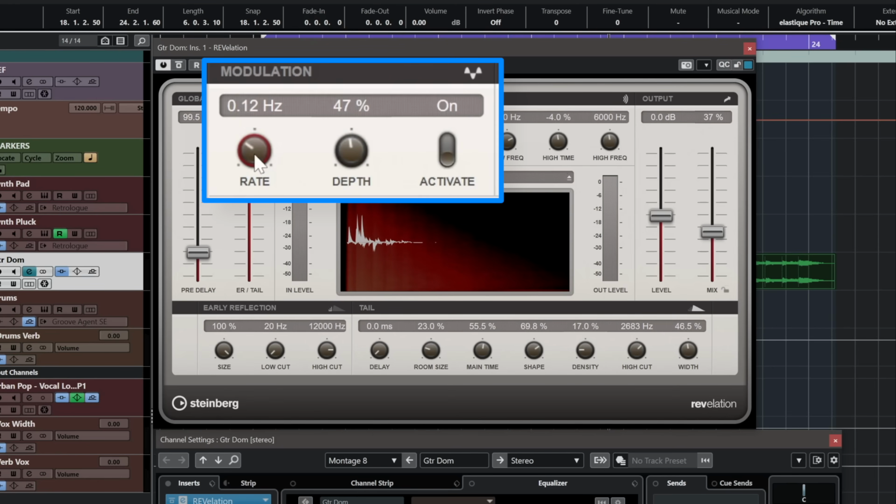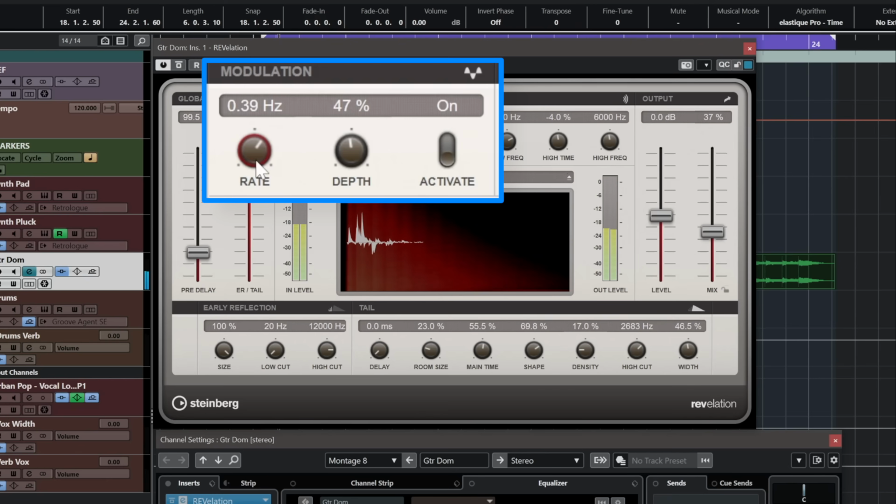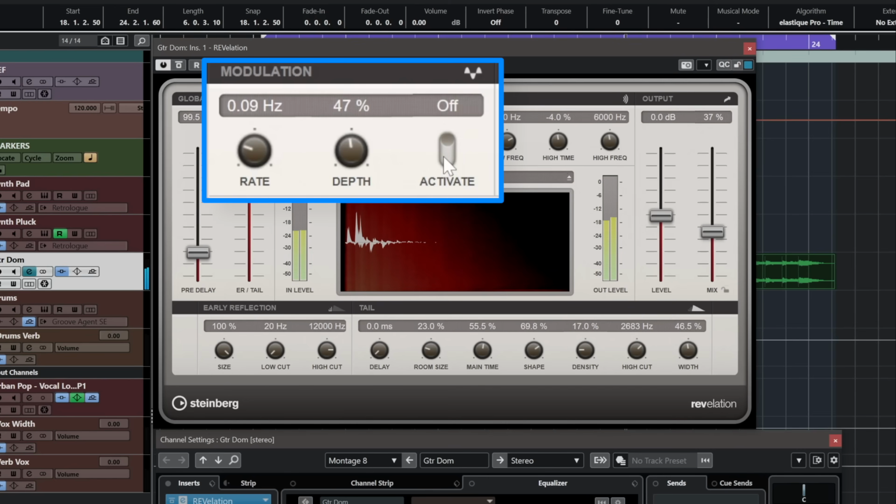But let's play a little bit and see what we can come up with. So you can hear that when I add a little bit of faster rate, we get this kind of very interesting, almost like chorus-like effect, vibro effect. So yeah, Revelation is a reverb, but you can use it as an excellent effect for guitars, for vocals, for whatever you want. So if I turn modulation off,